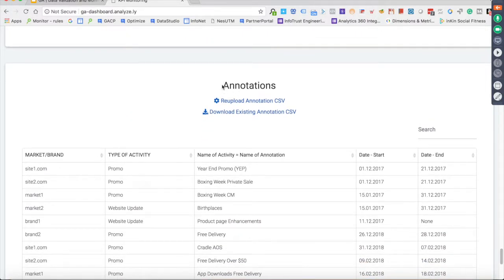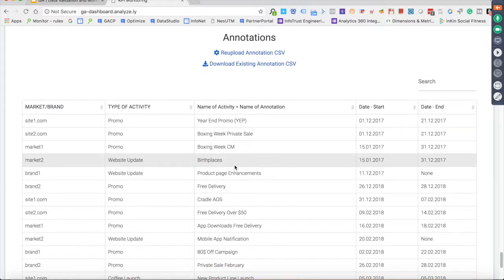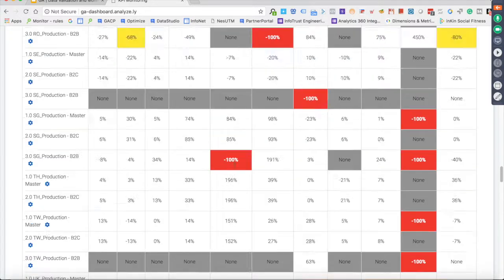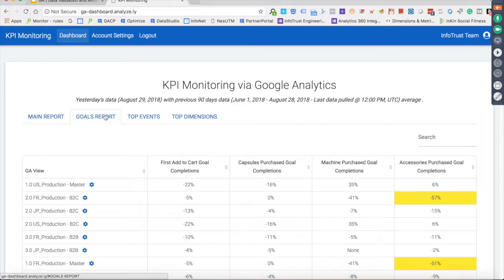There's even a section where you can add annotations, so you can have some context provided to those spikes, those increases and dips. Again, if you're managing this in Google Analytics across different properties, you have to recreate the annotations potentially, or use a roll-up property, which again only gives you that trend line, doesn't give you yesterday versus that 90-day average, to really truly see if something meaningful happened or changed.